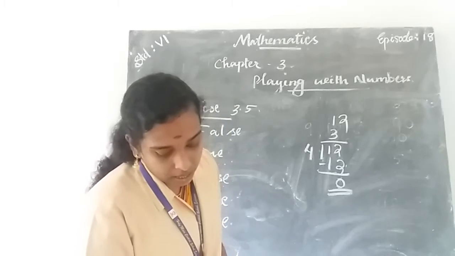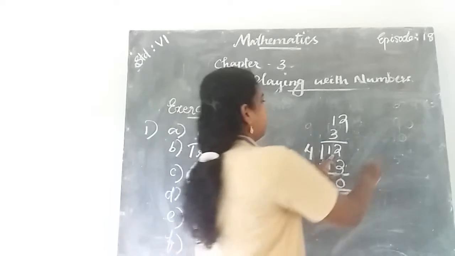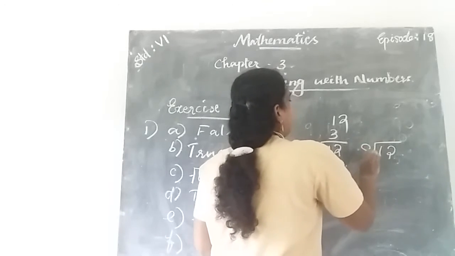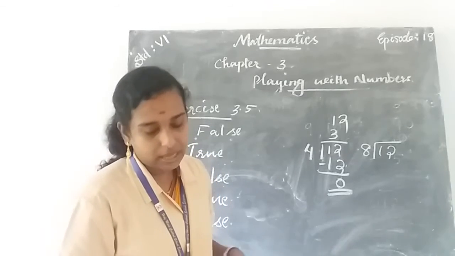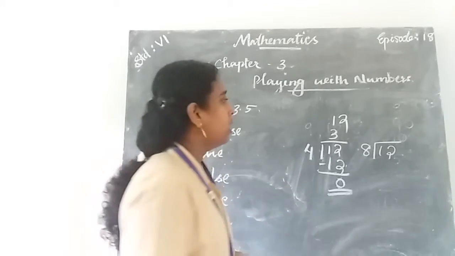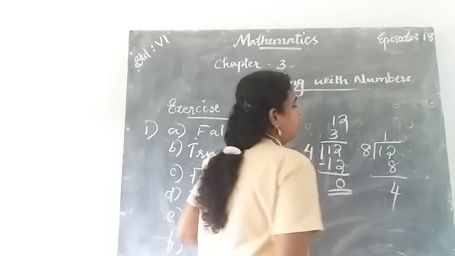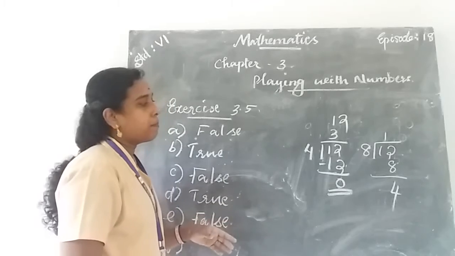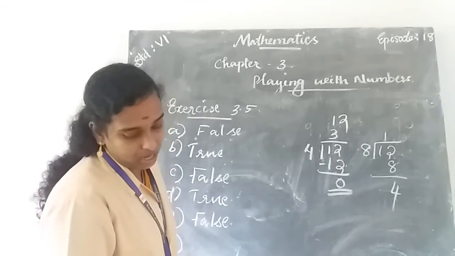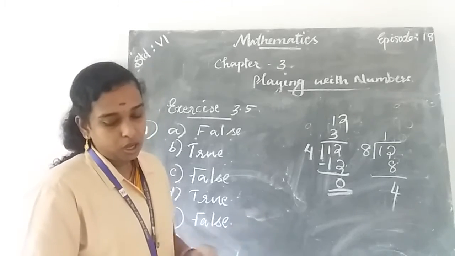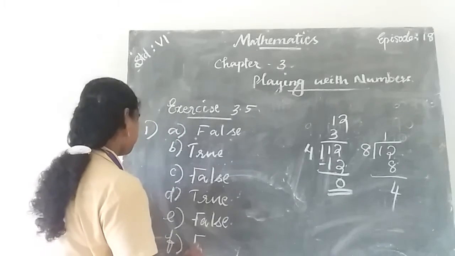And we also check whether the number is divisible by 8 or not. 12 by 8: 1 8 is 8, 2 8s are 16. We get the remainder 4. So we can say that the number is not divisible by 8. So the statement is false. All numbers which are divisible by 4 need not be divisible by 8. So the statement is false.